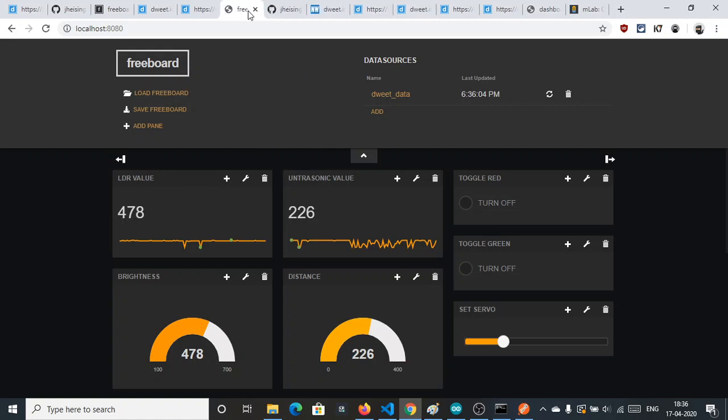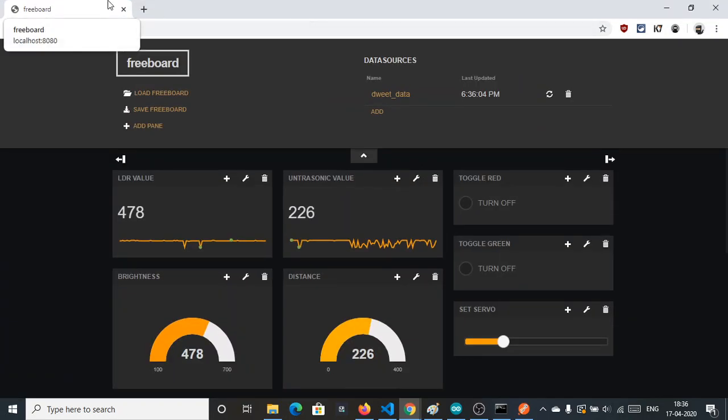Let's first discuss how I have created this freeboard dashboard. So here is the dashboard freeboard.